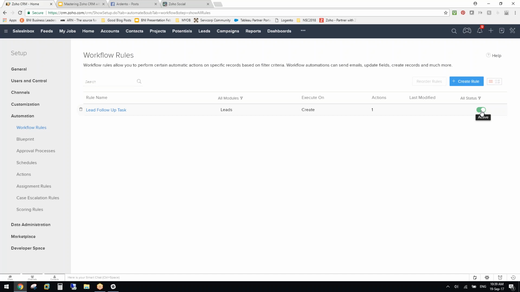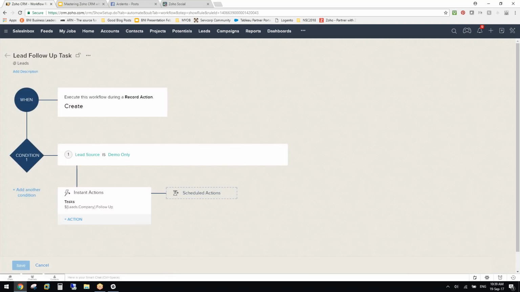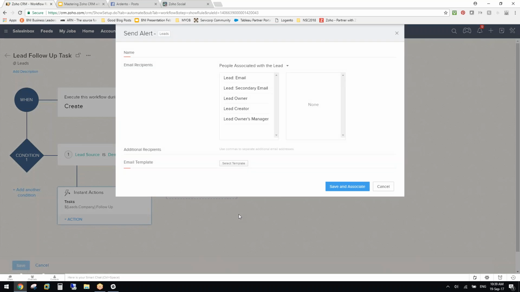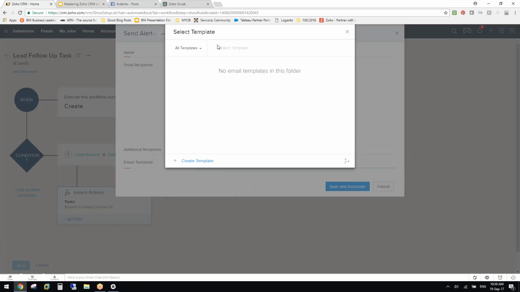Scott's asked about creating the email. So yeah, I can do that real quick for you. So what if instead of creating a task, or as well as creating a task, we wanted to create an email? So email, you can build up a lot of information here, but the question was, what does an email template look like? Yes, so we can come down here and I can select a template if I've got one in my template library, or I can go ahead and create a template. And when I create a template,